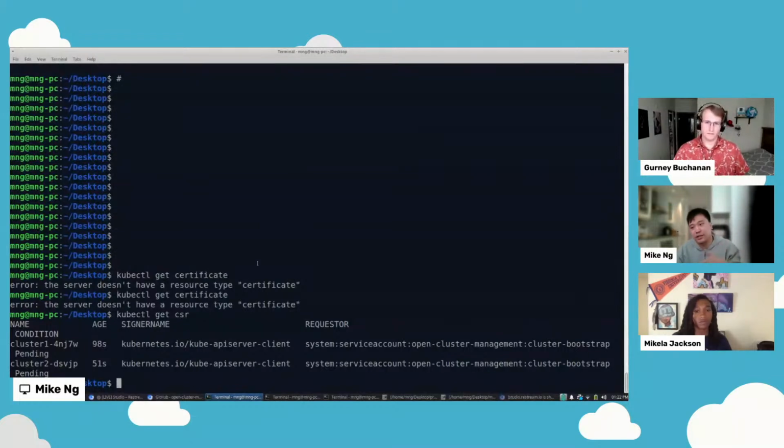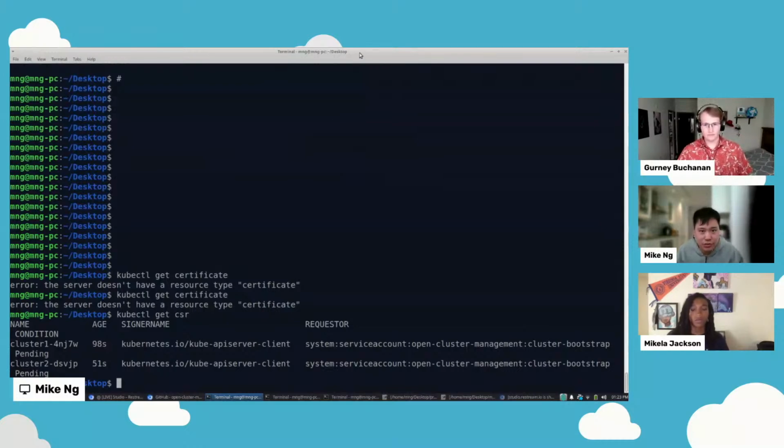And the worker clusters, or the remote clusters, cannot approve their own cluster registration by default, because we have RBAC set up so that approving a cluster registration is only done by the cluster admin on the hub.